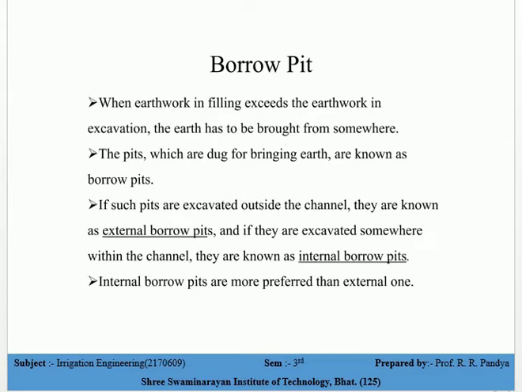So that borrow pit will be filled after some time with the silt content. In the canal section the main problem is silting, right? It will reduce the discharge of water. So we have to discard that silt from the canal sections. That is a major problem and not economical. It is not economical to do the same canal diversion work.